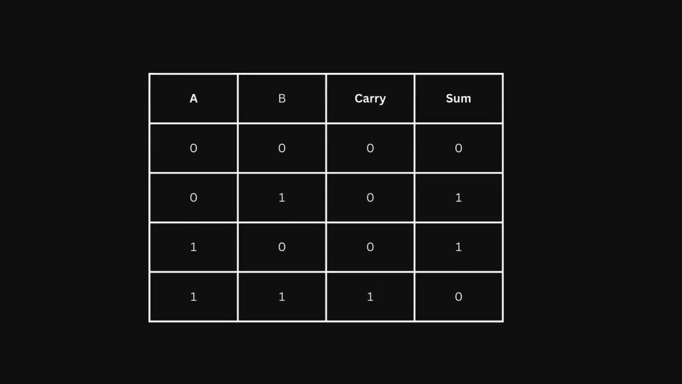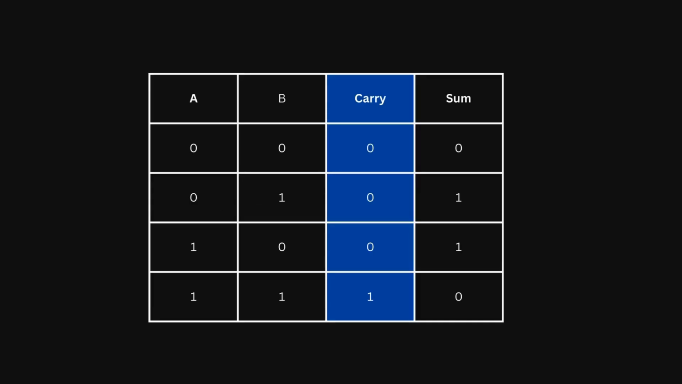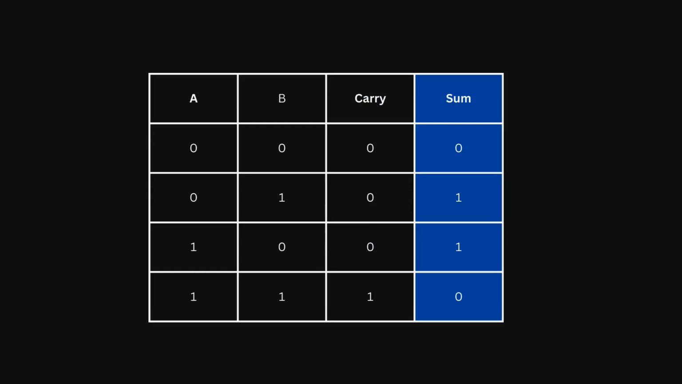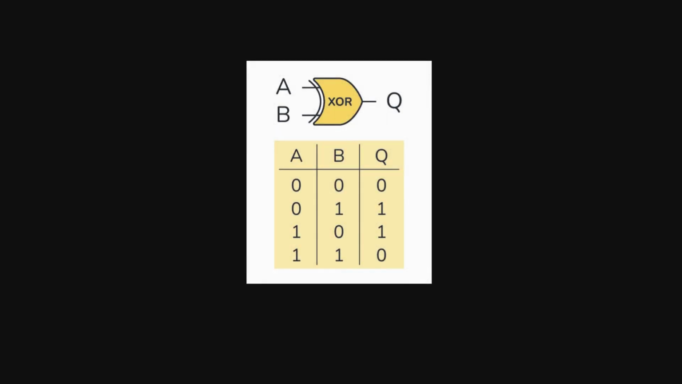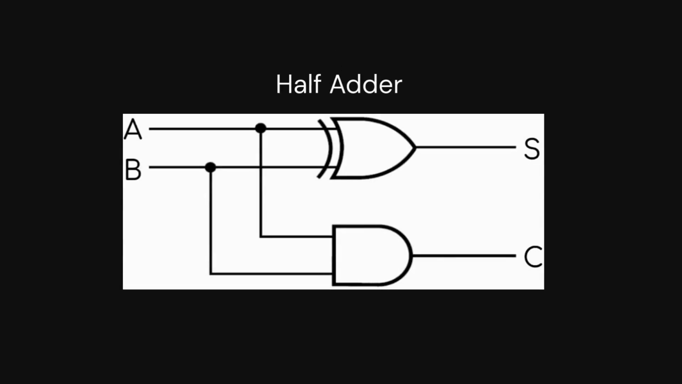And if you observe this carefully, carry is generated if both are 1. And if you remember, we already discussed, the AND gate will give 1 as output if all its inputs are 1. So we can generate the carry bit by using an AND gate. Now, the sum bit is generated if both inputs are different. So if you remember the XOR gate, it has the same property, so we can use the XOR gate to generate the sum bit. The design you just built is known as a half adder in computer science, and it is the building